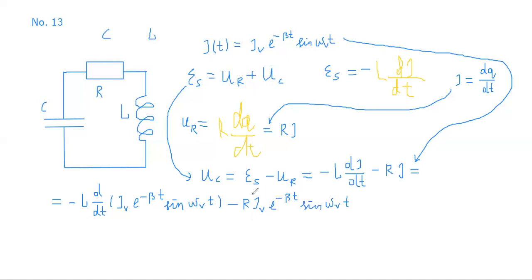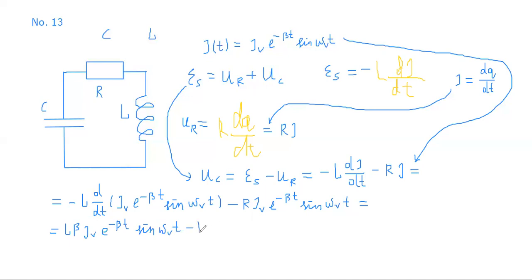Okay, let's find the derivative. It will be L beta I v e to the power of minus beta t sine omega v t